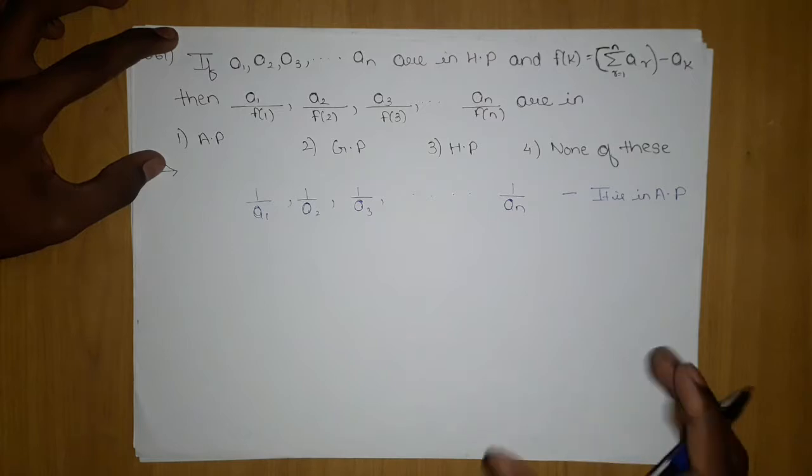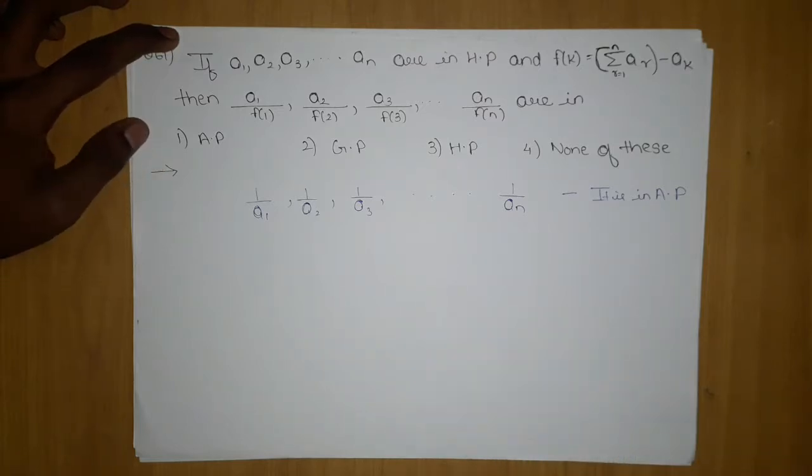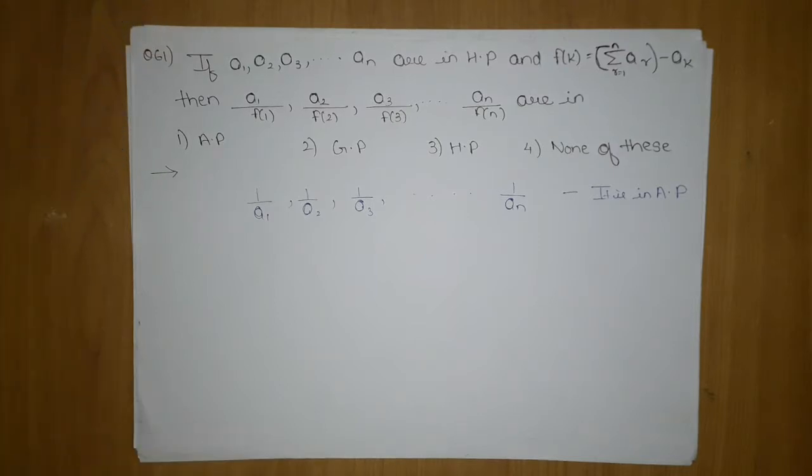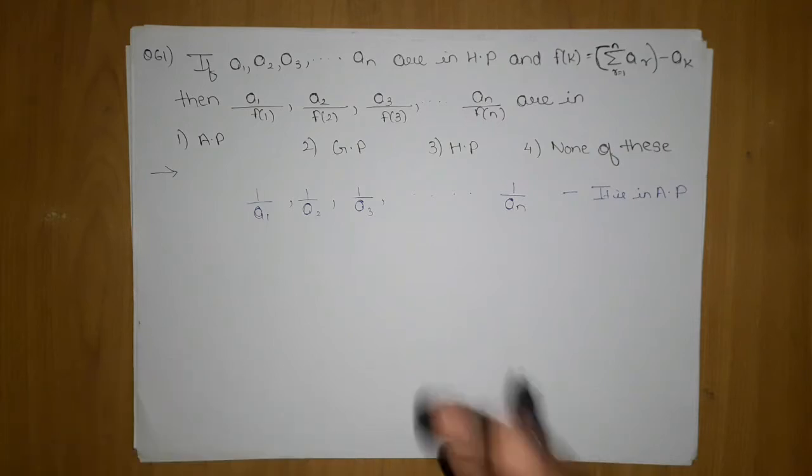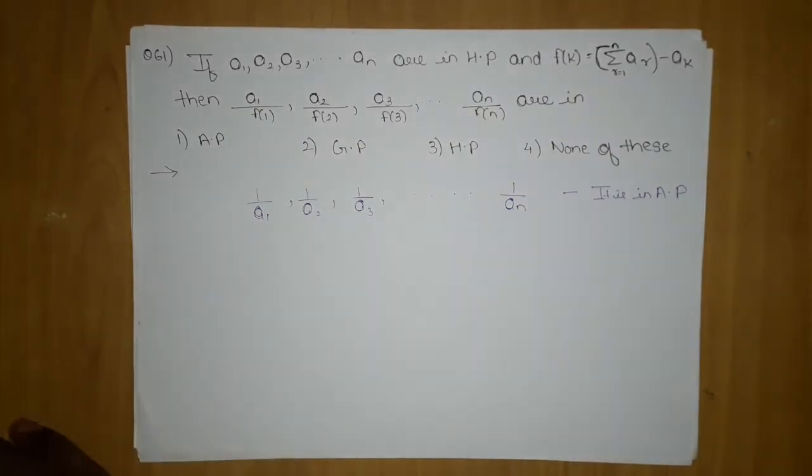Now what is our next step? How can we generate the next step in AP? When you learn AP in classes, teachers mostly teach you some questions of proving something, because in these types of questions you have to use those properties. Like in AP, if you add some constant number, the sequence still remains AP. If you multiply by a constant, the sequence still remains AP. Just see how I will manipulate.